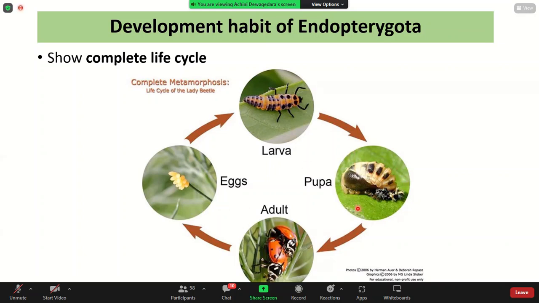Right? So after some time, from the pupa, the adult will be coming out by breaking the